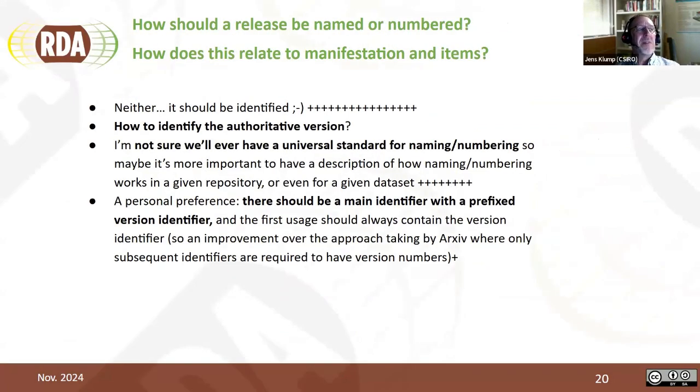Should a release be named or numbered? I think that's something where communities have different practices. And does this relate to manifestations, so just format changes but same content? And how does this relate to the item level, which is important for the data centers hosting the items?